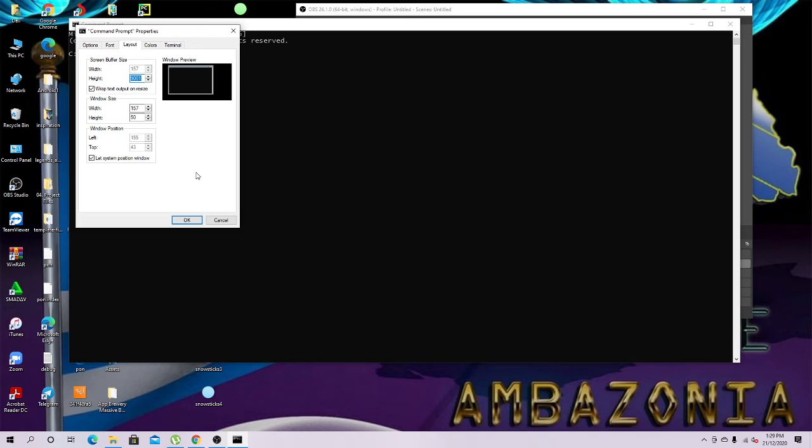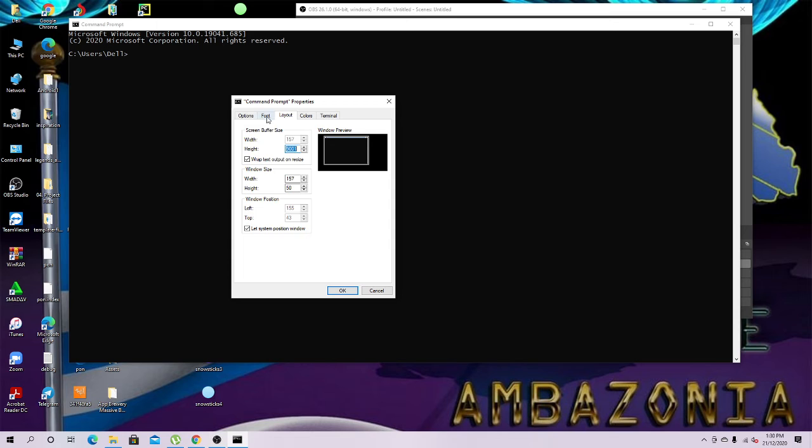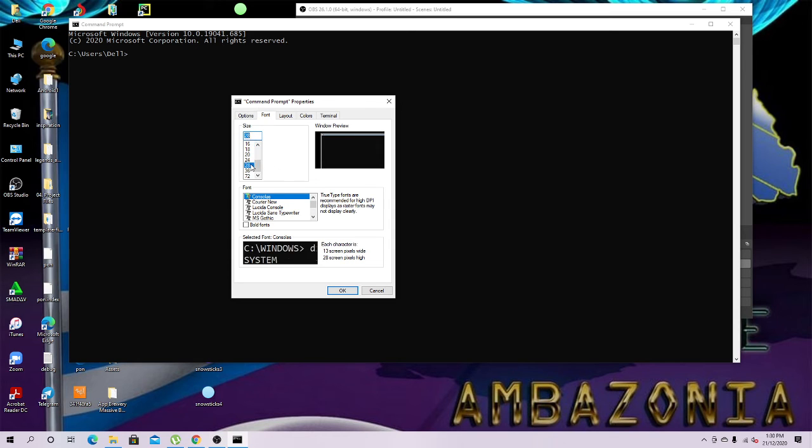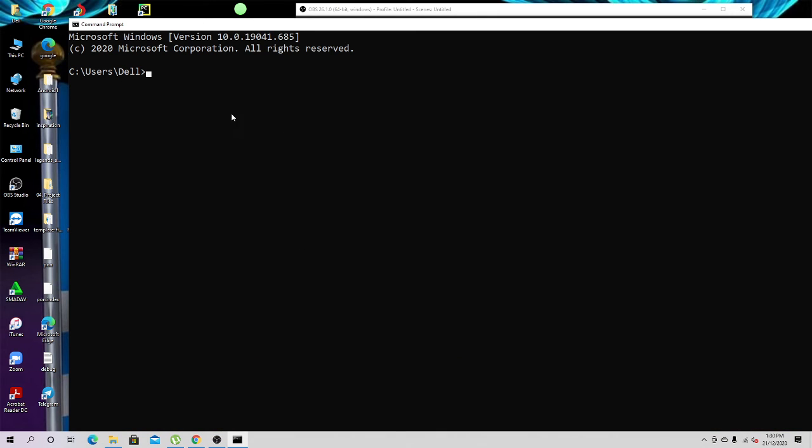So that is how you customize your command prompt on Windows. So if you go to font here, if you can put here, you see they have changed. So I can clear, okay, see how the thing is. So that is how you customize your